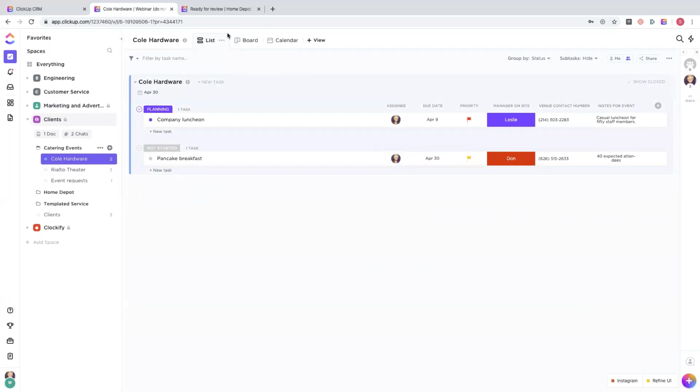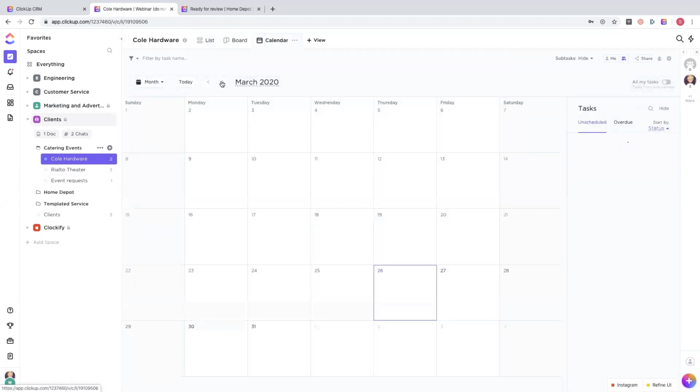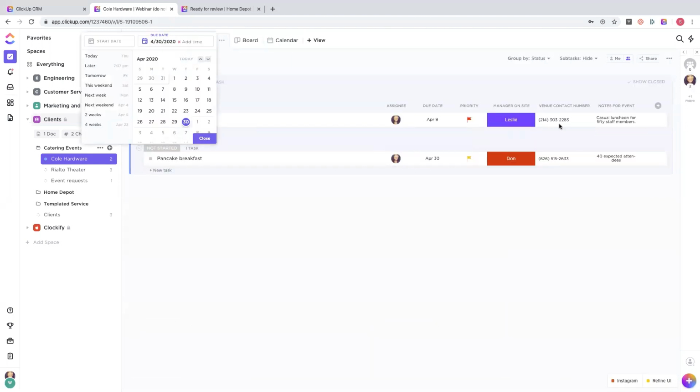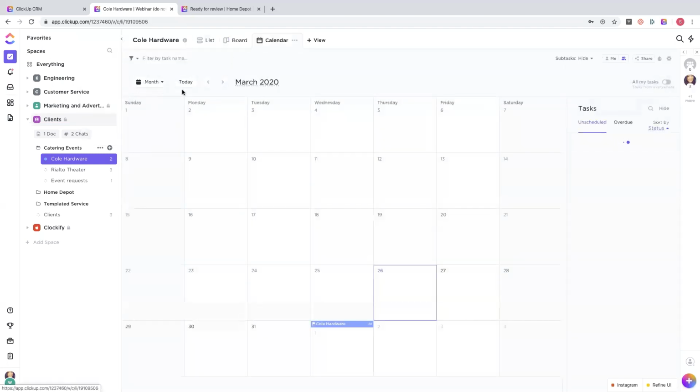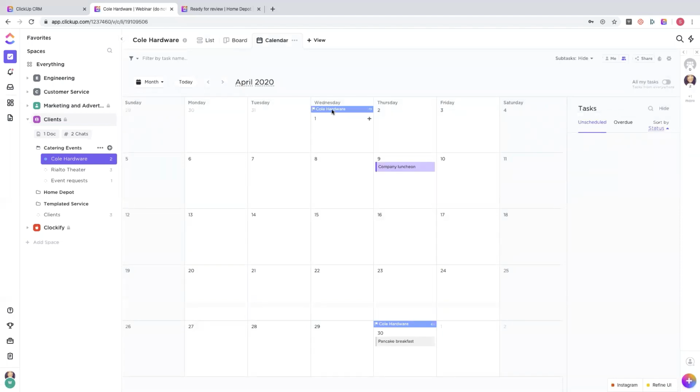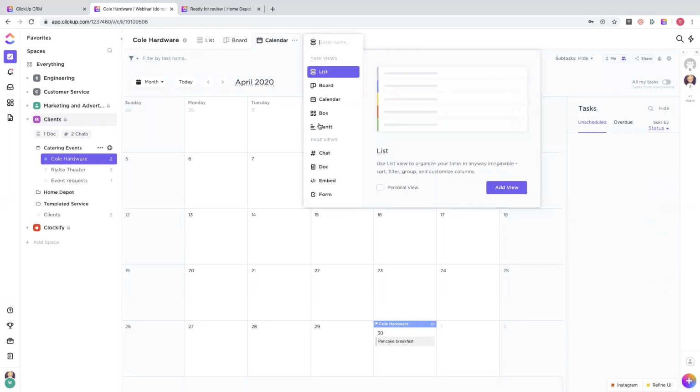And now we'll be able to see, when we jump into our calendar view for April, the start and due date that I've set up for that client list. It looks like my start date didn't come through here, so let's just readjust that. But we can see now in our calendar view for April, the start and end date for that list is visible, and you'll be able to see any scheduled tasks and subtasks within that list. In a Gantt view,